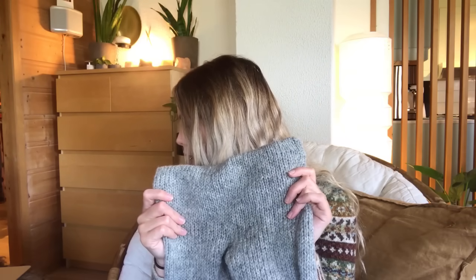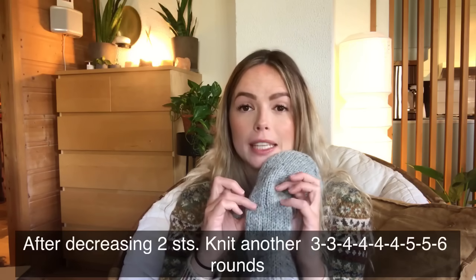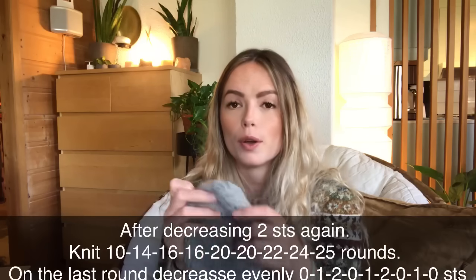And they tell you to knit a certain amount of rows, and then to knit 2 together on each side of those extra stitches you created, so that you knit together one old stitch and a new stitch at each join. So you do that once, and then you knit a certain amount of rows, and you repeat that decrease on each side. And then you knit a certain amount of rows,